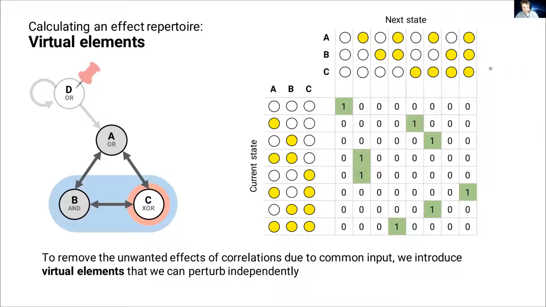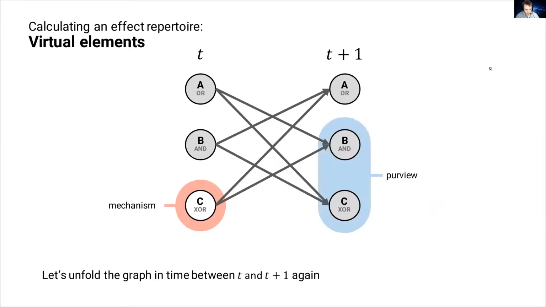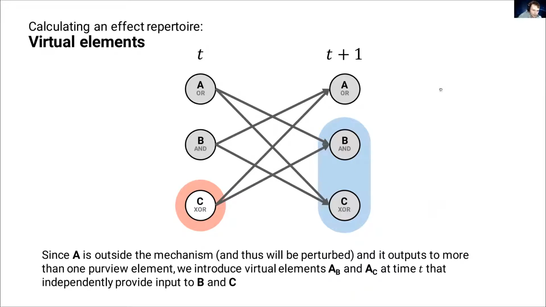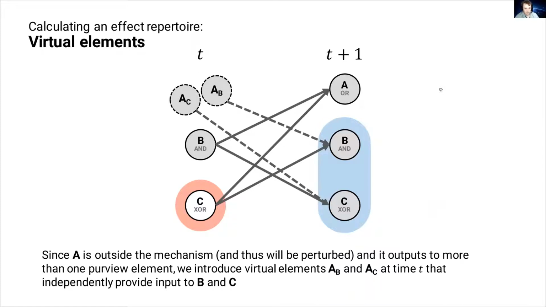In IIT, in its current formulation, we want to remove these correlated effects. And the way we do that is by introducing virtual elements. So the idea here is that instead of having a system where C is our mechanism, B and C is our purview, and these are our other elements, what we do is ensure that we ignore the impact of A having correlated effects on B and C. We introduce virtual elements where the inputs from A to B and the inputs from A to C are independent